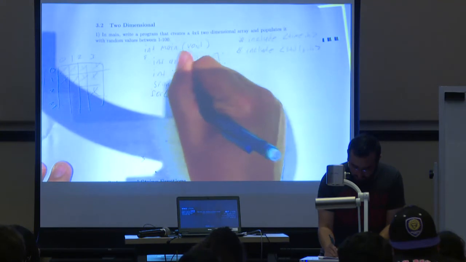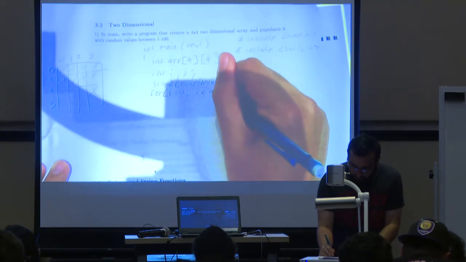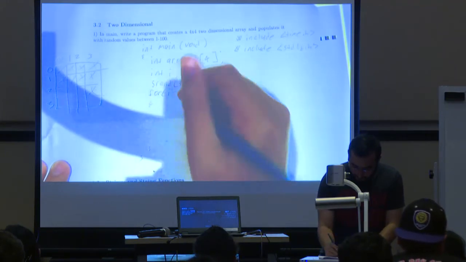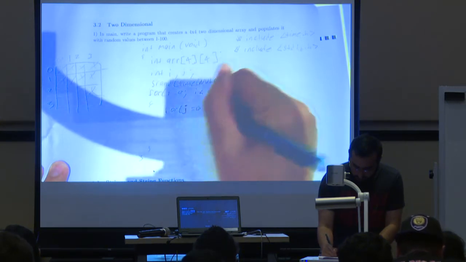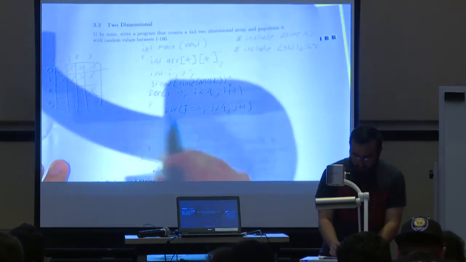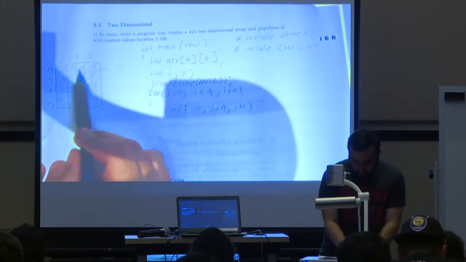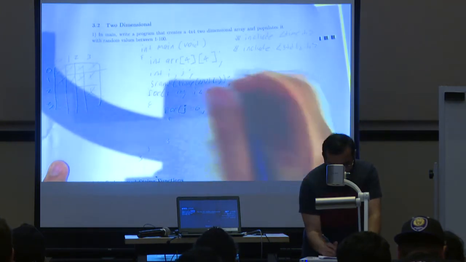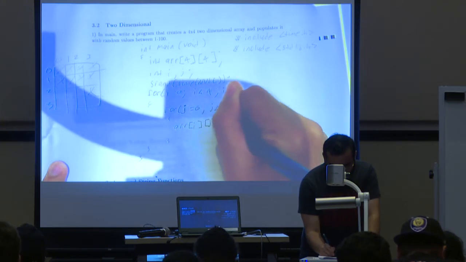So now I can say for i is equal to 0, i is less than, we know this is a 4 by 4, so we can just say 4. We want to increment by 1. And now in here we'll also have another loop for j is equal to 0, j is less than 4, j plus plus. So this outer loop is going to be going row by row. This inner loop is going to be going column by column. Now in this inner loop, we just want to say array at position i, j is equal to